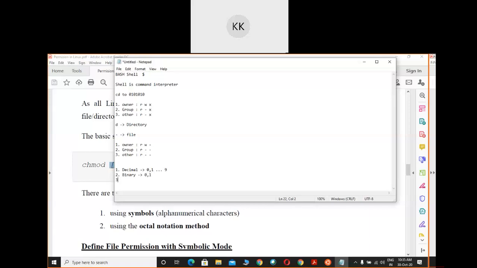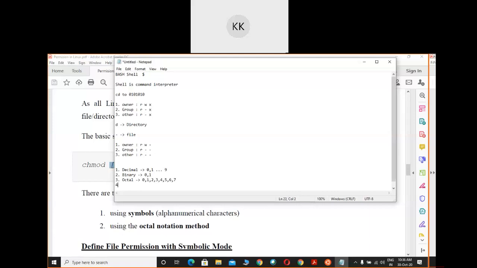In octal you will find the numbers 0, 1, 2, 3, 4, 5, 6 and 7. This is 8 numbers.